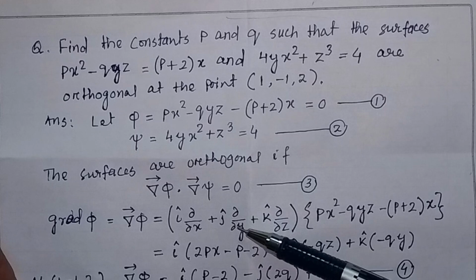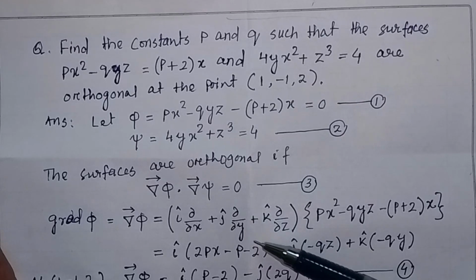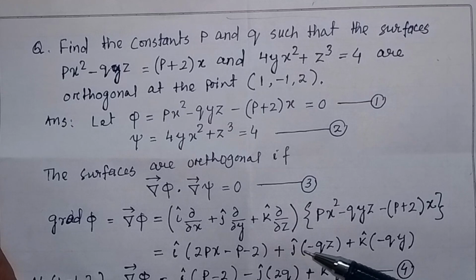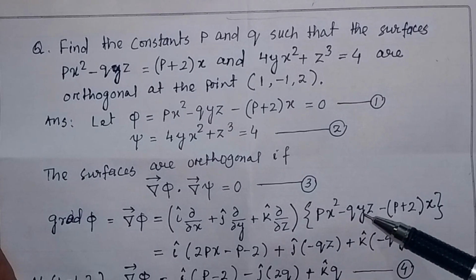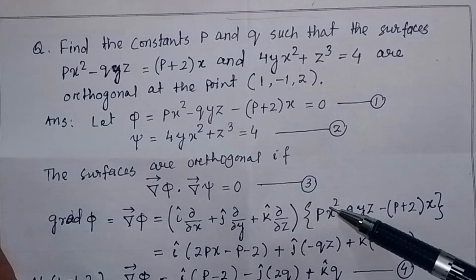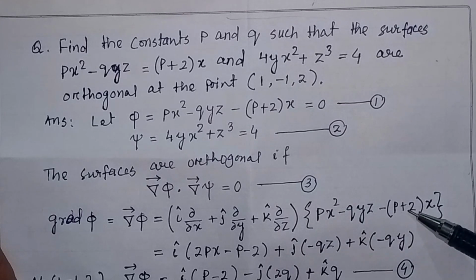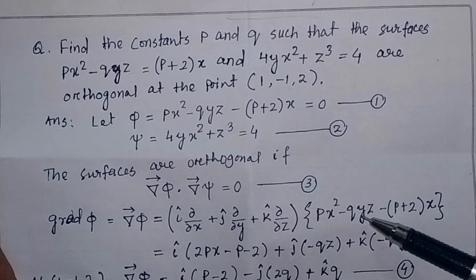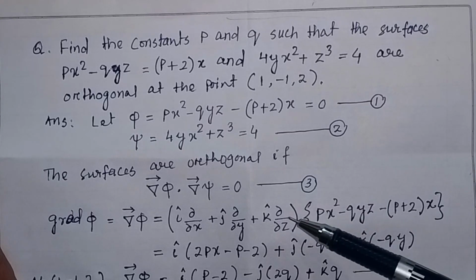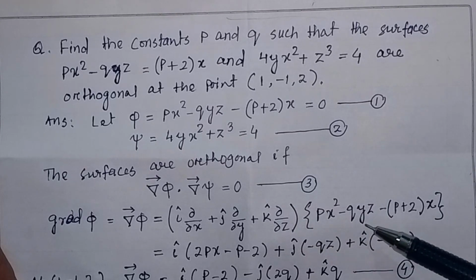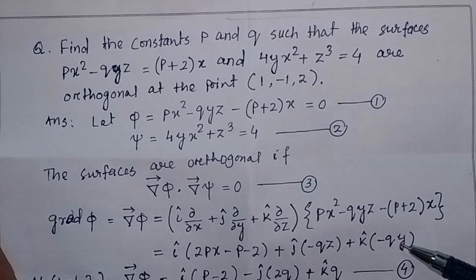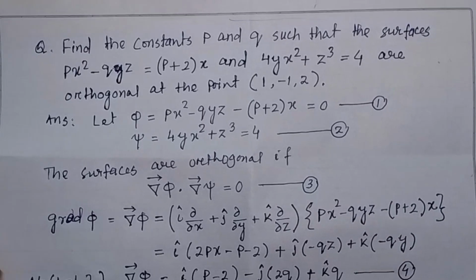With respect to y, the j component is −qz, because the other terms have no y. Similarly, with respect to z, we only differentiate this term, giving −qy. So if you solve it,